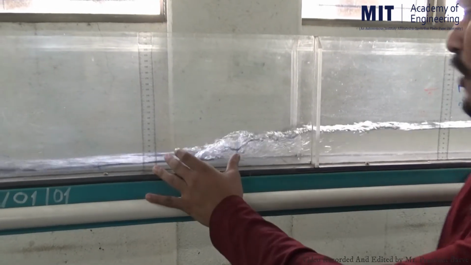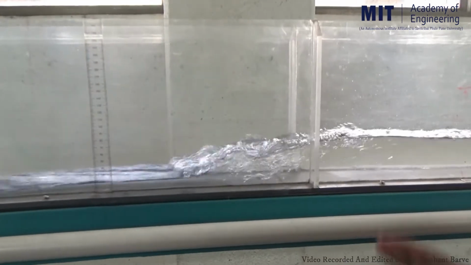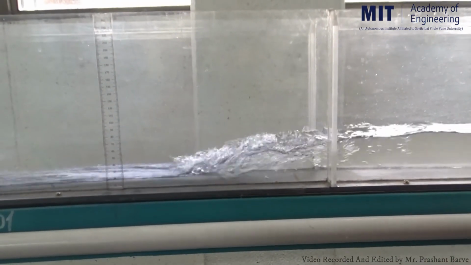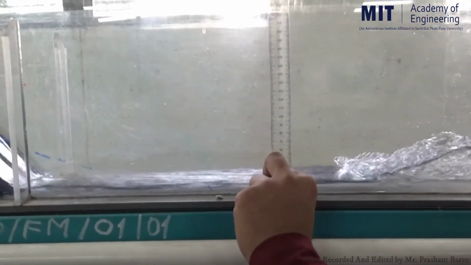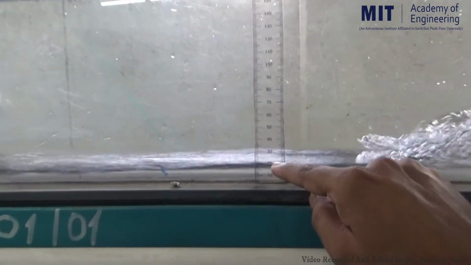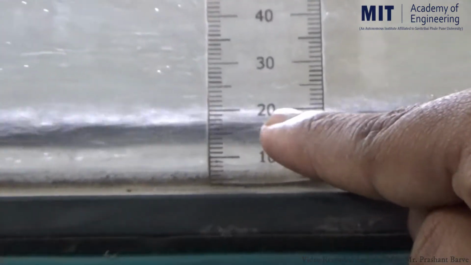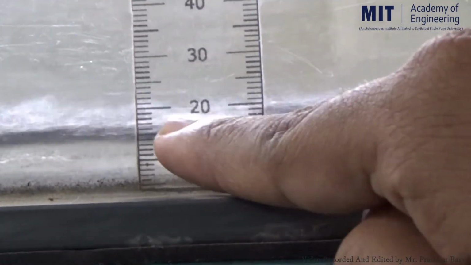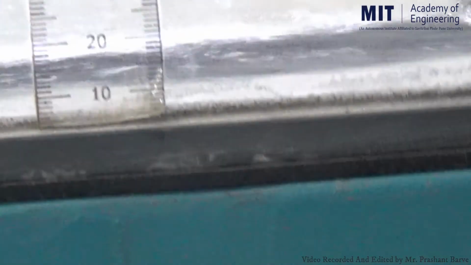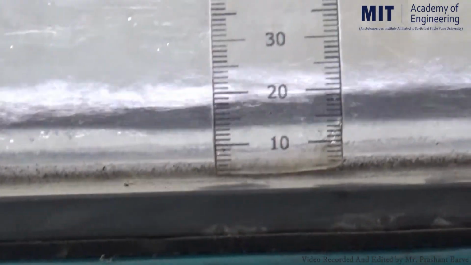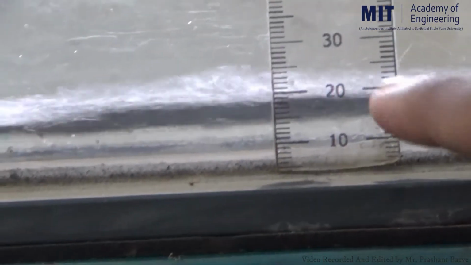Now the point is, we have formed the hydraulic jump in between this section. So 2 observations we are going to perform. First is the Y1, that is the supercritical depth. If you observe here, it is almost 20 mm, maybe a little bit more. So we can assume 20. It is fluctuating since the flow is supercritical and the velocity is quite high. So we will assume Y1 as 20 mm.